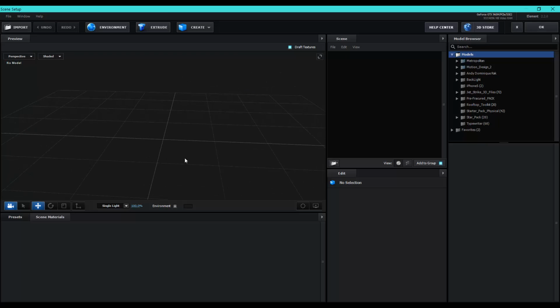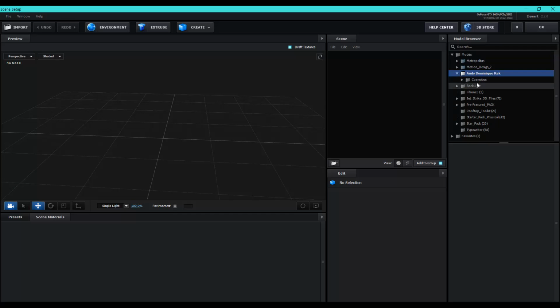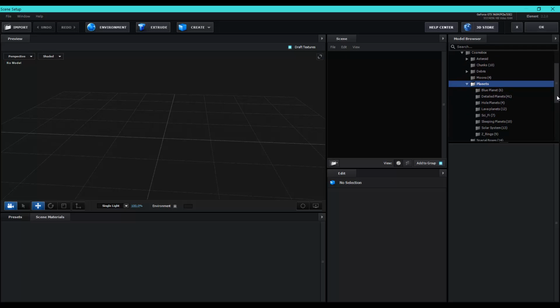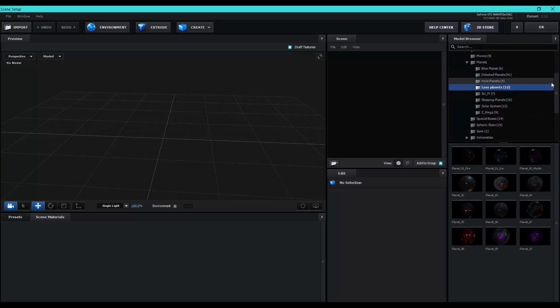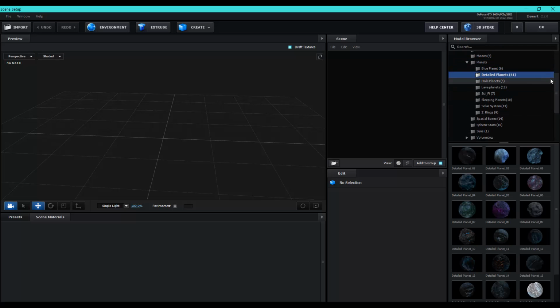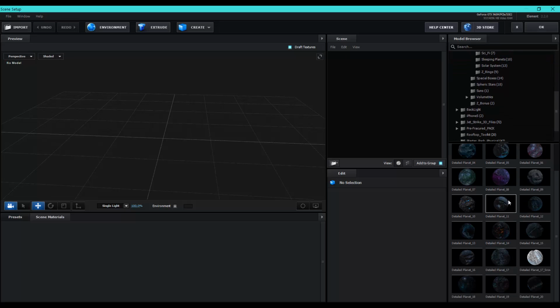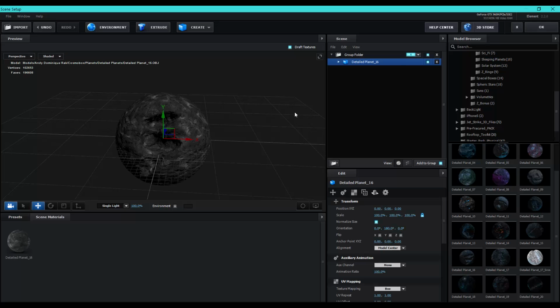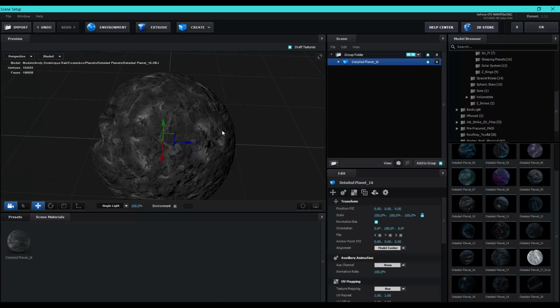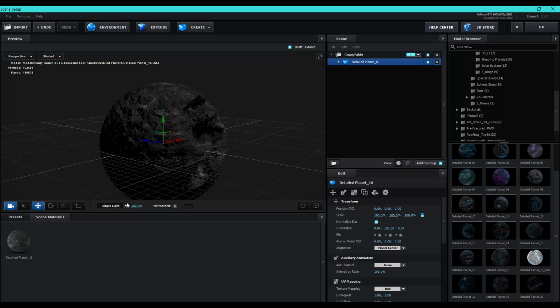So here's the Element setup, and let's choose planet, and let's take this one, detailed planets, and choose any of them, maybe this one. Okay, let's apply the material.